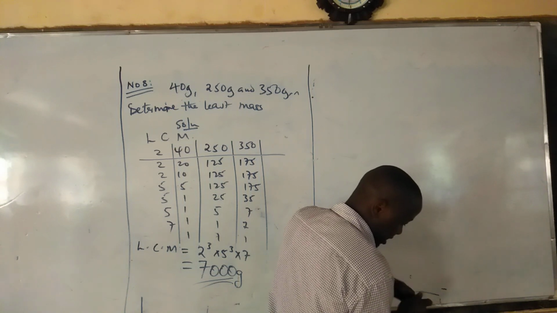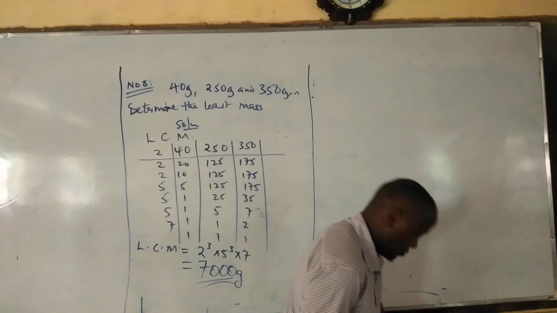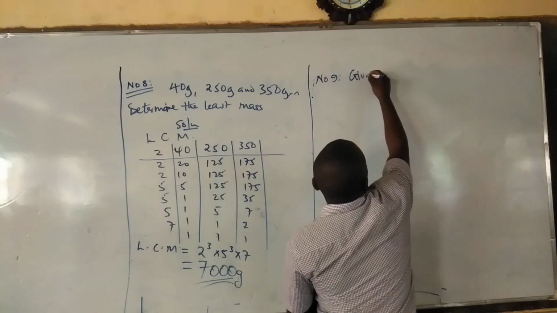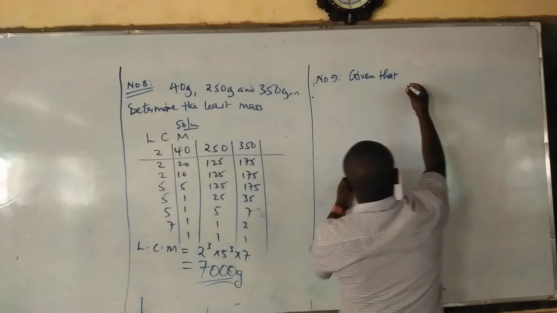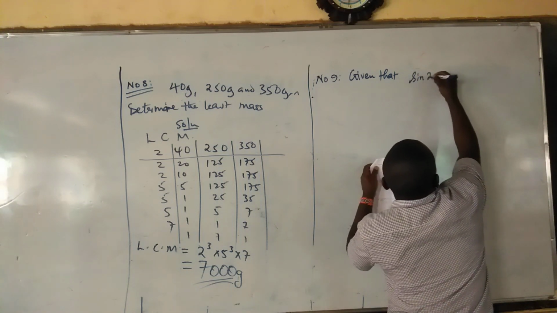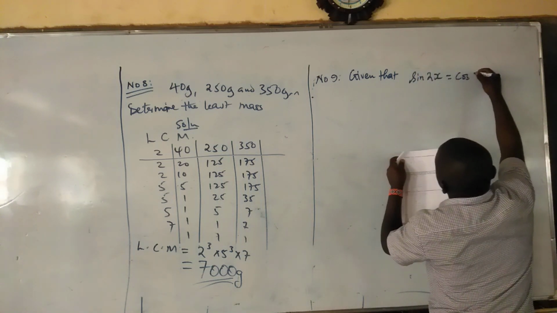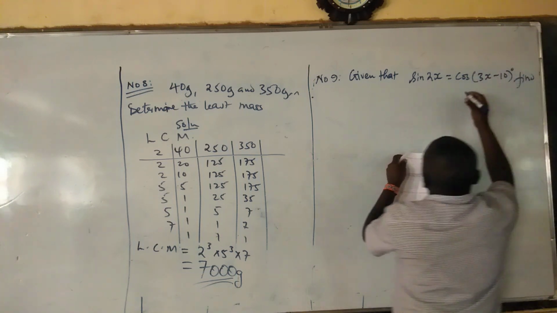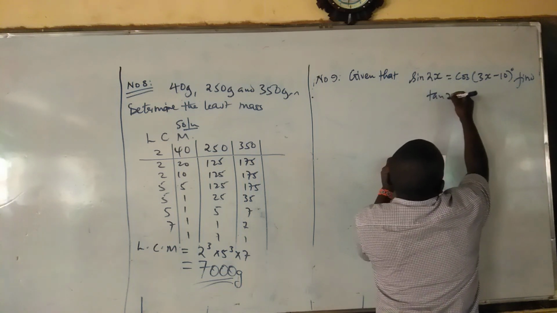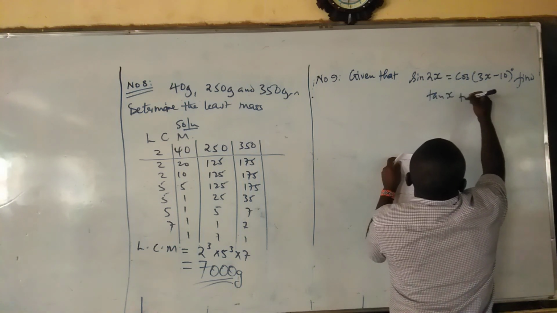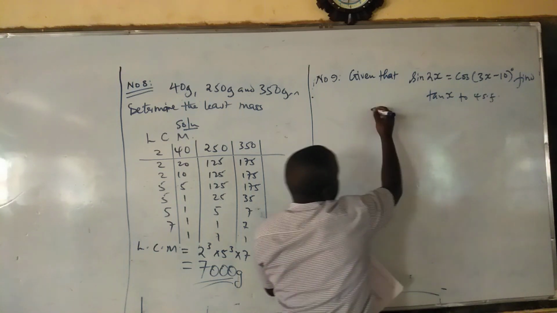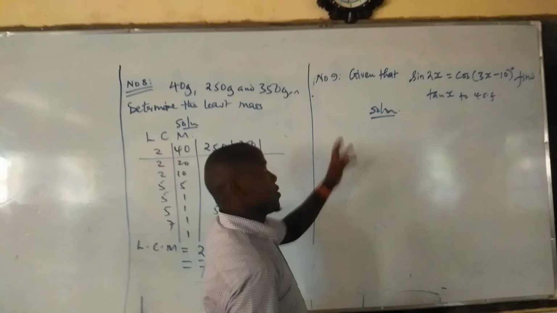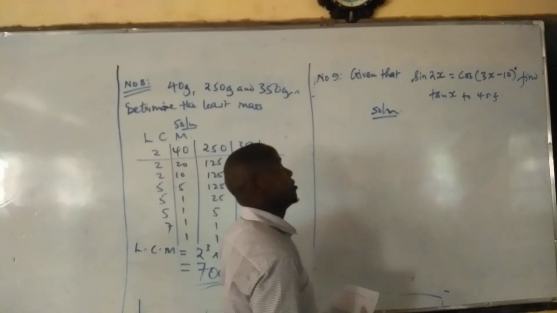We are told, number 9, given that sine 2x is equal to the cosine of 3x minus 10, find tan x, correct to 4 significant figures. Solution: sine equals cosine. Whenever you see such a relationship, you should remember